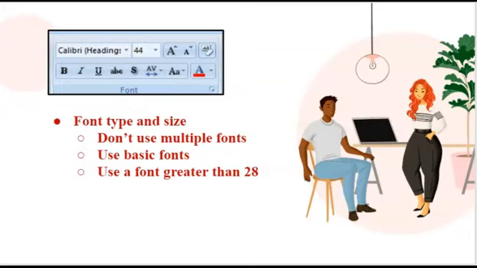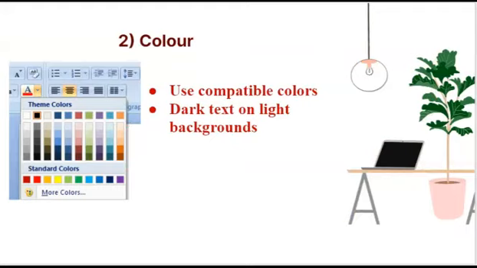Now let us look into the color. Integrating color properly can make or break your PowerPoint presentation. First, using compatible colors is a must. A color wheel is helpful in finding colors that go together and avoiding those that clash. Experimenting with colors will help you get the best theme. However, dark text on light backgrounds is easiest to read and generally looks the best. Add colors to enhance pieces of boring text and to highlight important phrases. This will help the audience to assimilate the information better.